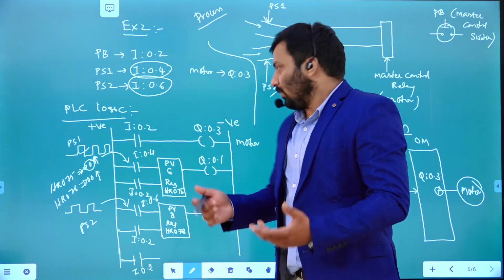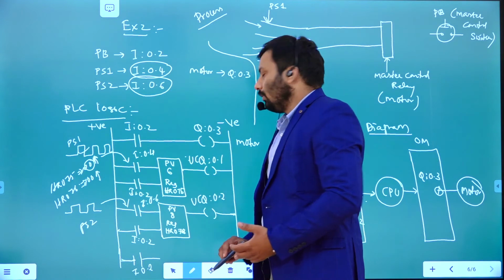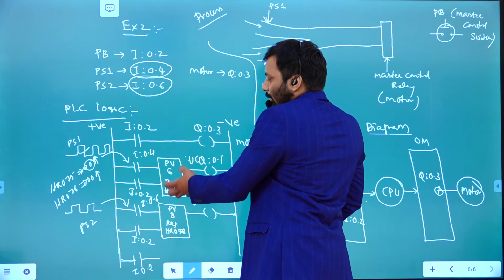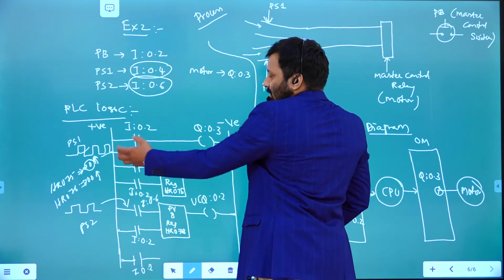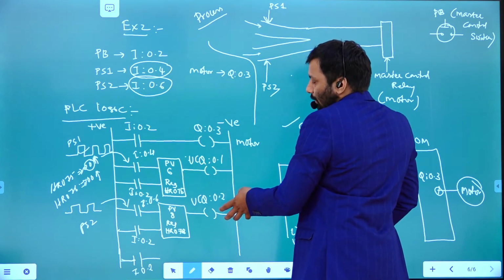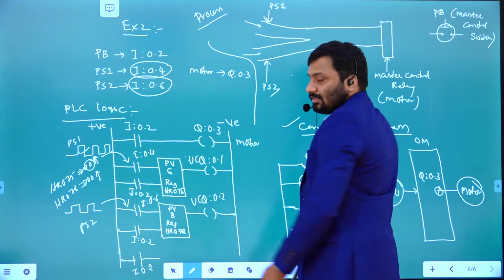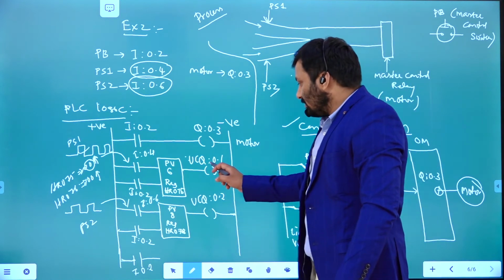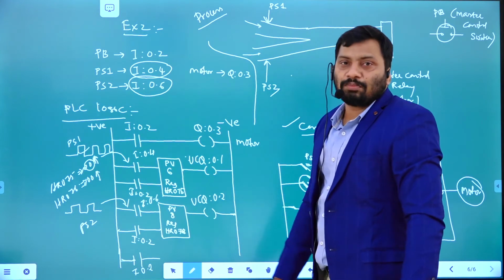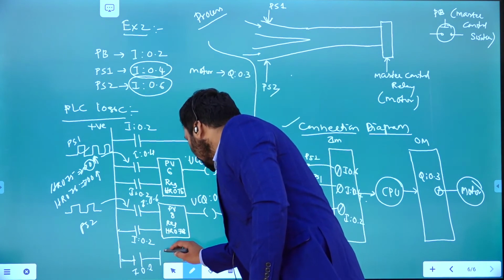For the up counter, the value present in the holding register keeps on incrementing with input pulses. Whenever 6 pulses are received from proximity sensor 1, the output is high. Up to that time it is 0 only. In a similar way, whenever this reaches 8, then only the output is high. So once this has reached 6 and this has reached 8, we need to stop the motor.